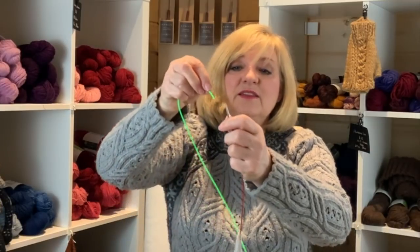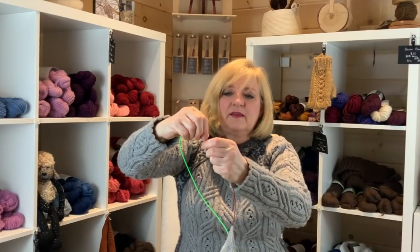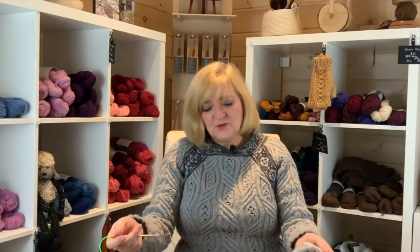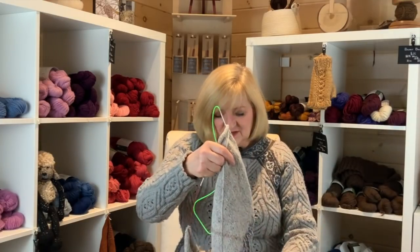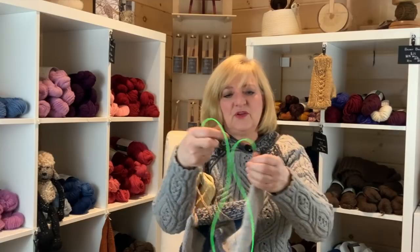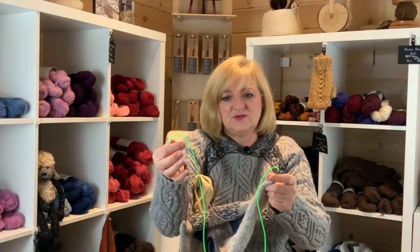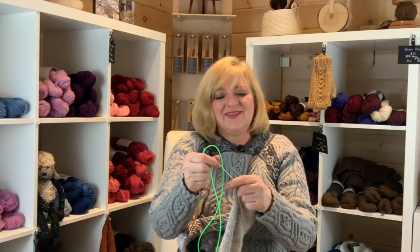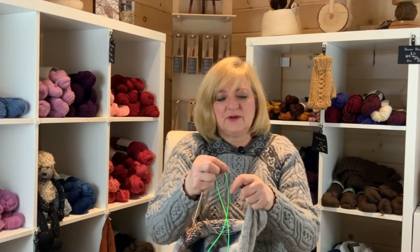So if you're knitting in the round and you want to try on your sweater, I don't know if I have those on far enough, but you can just move your knitting around all the way around without having to take your tips off of your needles. So that just makes a big loop. So if you were knitting in the round and you could use your tips of your needles to do this, it would be great to expand your knitting and to try them on. They don't come off when you put them on properly. I didn't put that one on very tight, but